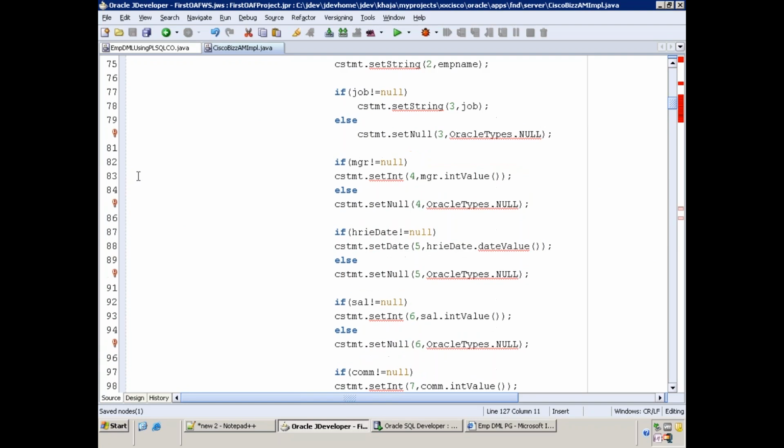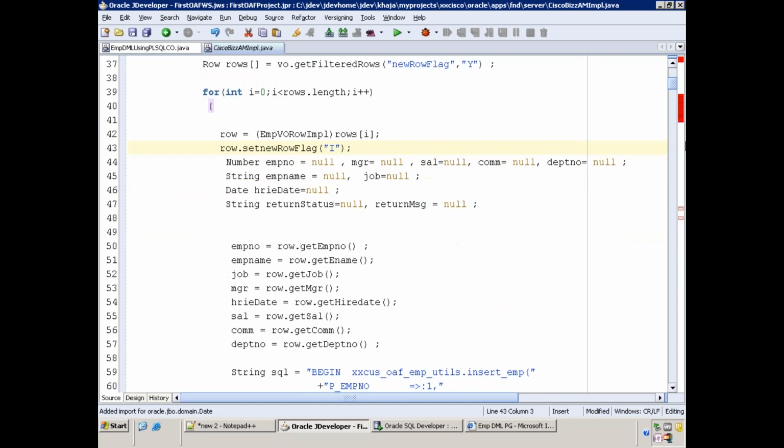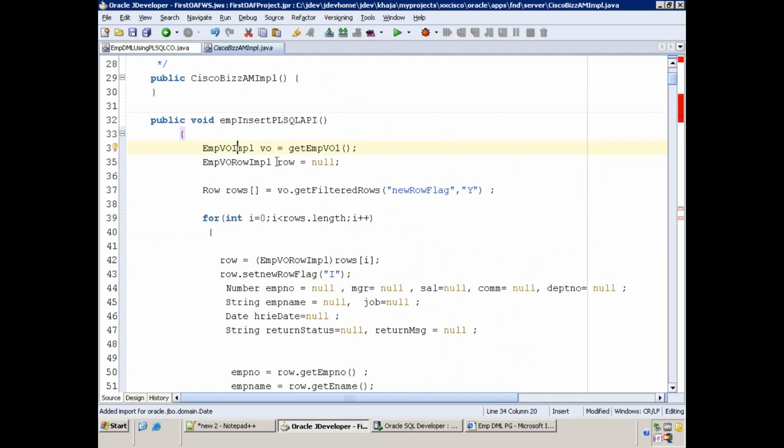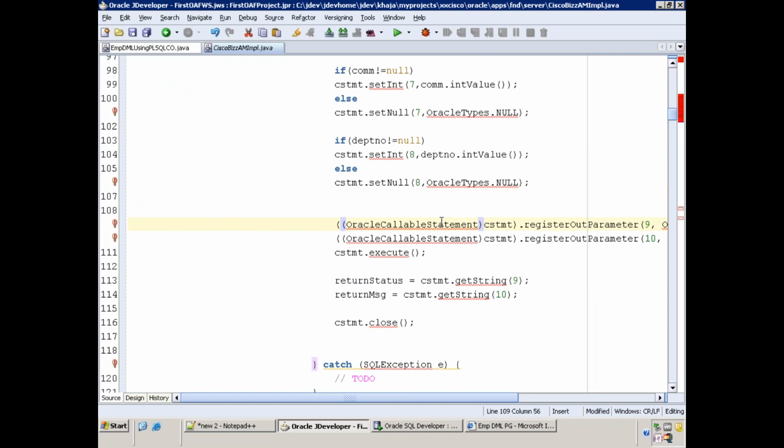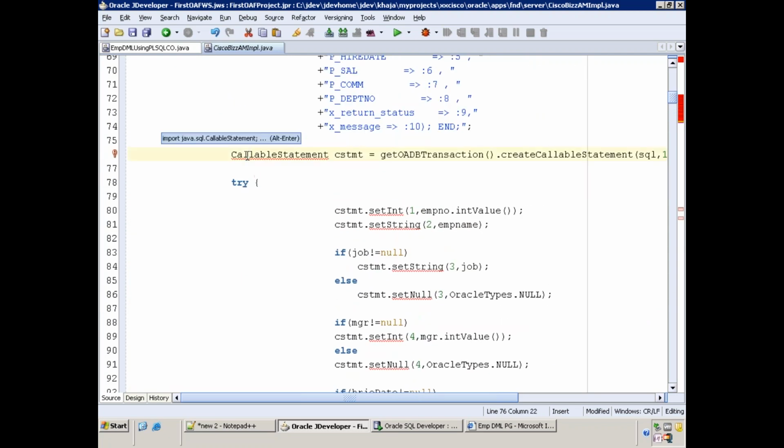It seems like a very big logic, but it's very easy. The only thing is that it is difficult to remember the syntax. In Java, we need to call this JPO domain date. It gives some errors. Let me fix those first. Oracle callable statement, we have to enable this one, JDBC. Just press Alt Enter. It is still giving an error, right? If you see, here callable statement. All the errors are gone now.